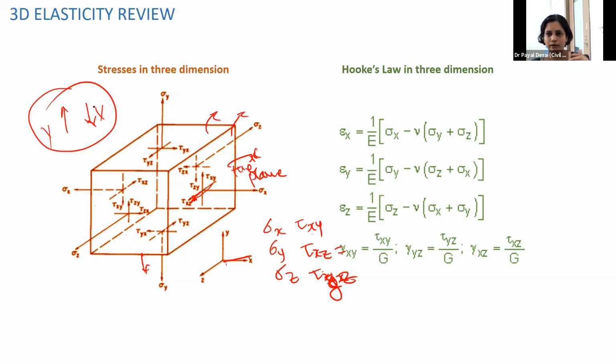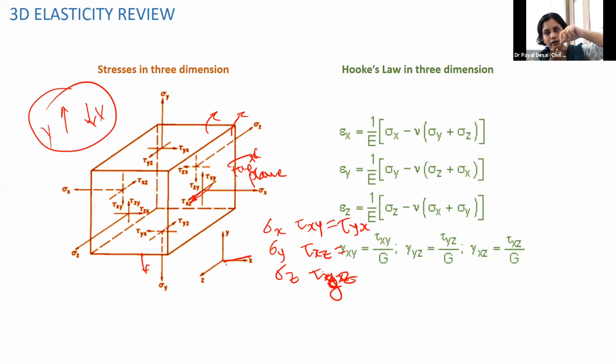And there are pairs of shear stresses. They are complementary to each other. So you may see here tau xy is the same as tau yx. And there is Hooke's law, which is very straightforward in 3 dimensions. To understand Hooke's law, it is because of the Poisson's ratio. If you pull one body in the x direction, the Poisson's effect will be in the y and z directions, and you incorporate that, and finally you use the superposition principle.